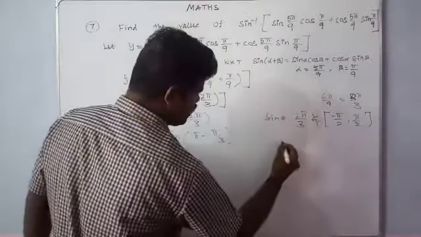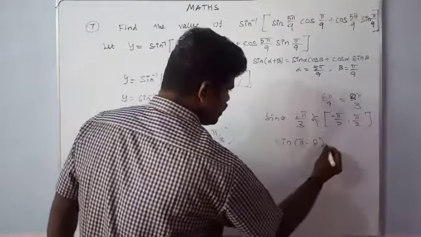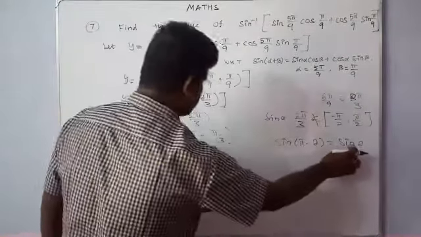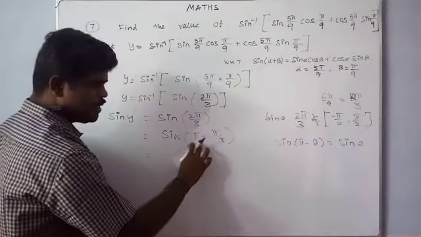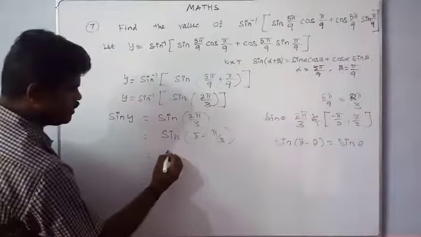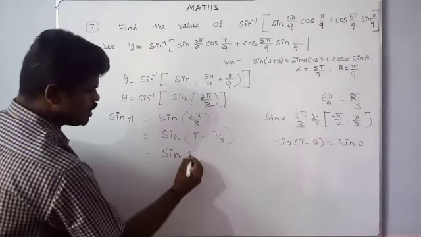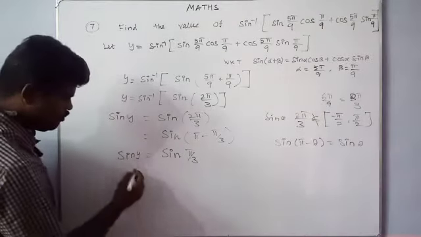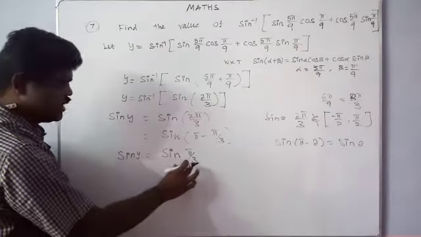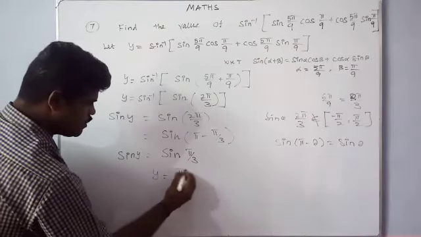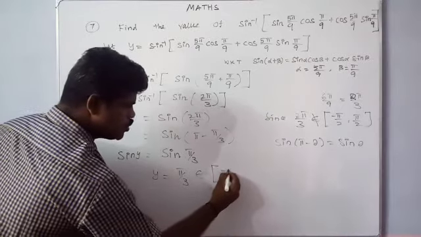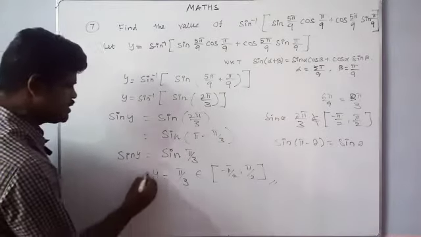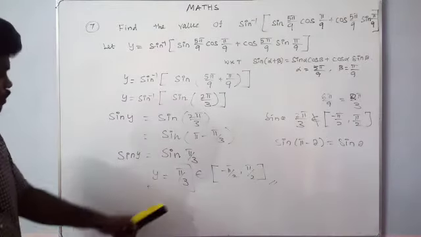This must be sin of pi minus theta is equal to sin theta. Sin of 180 minus theta is equal to sin theta. So we can write sin of pi minus theta is equal to sin theta. Sin of theta value is what? Pi by 3. This is sin y. Now equating the y value, this side sin and this side sin, same angle. So the value of y is equal to pi by 3, which belongs to minus pi by 2 to plus pi by 2. Okay, this is the answer. This is the solution of this sum. So refer the sum.